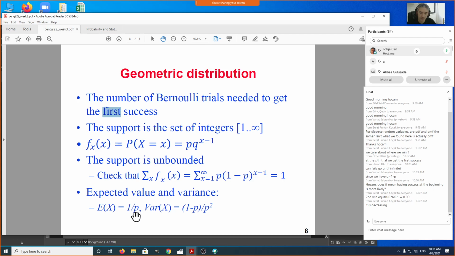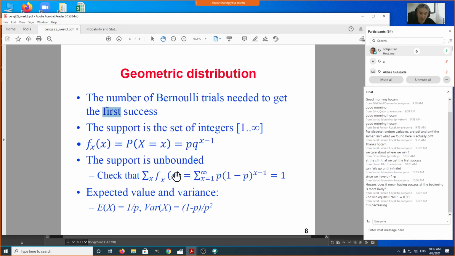As I said, if the success probability is p, 1 over p is the expected value of the number of trials. And its variance, we can also compute by finding the expected value of x squared, and then subtract from it 1 minus p squared. You're going to get what the variance is. How do we find the variance of x? We need to again compute, in order to find the expected value of x squared, we need to compute